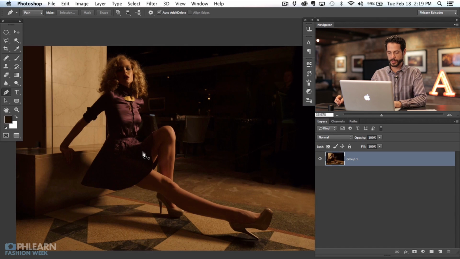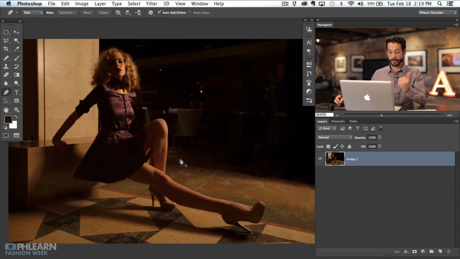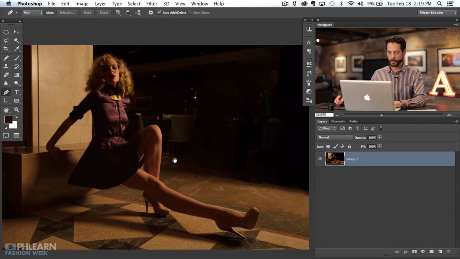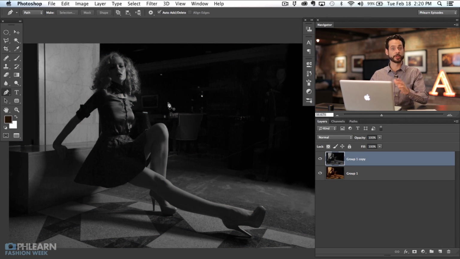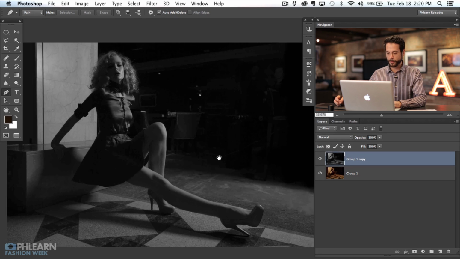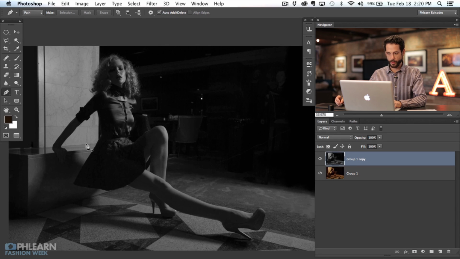So we've converted our image back to color from our last episode, and we're going to just pop it back into black and white really quick. For this one, I am going to choose the very quick and easy option here, which is Shift-Command-U. It's just going to desaturate the image. You don't get control over the lights and the darks, but we're going to use curves and levels to do just that. Okay, first thing I want to show you with curves when you are in a black and